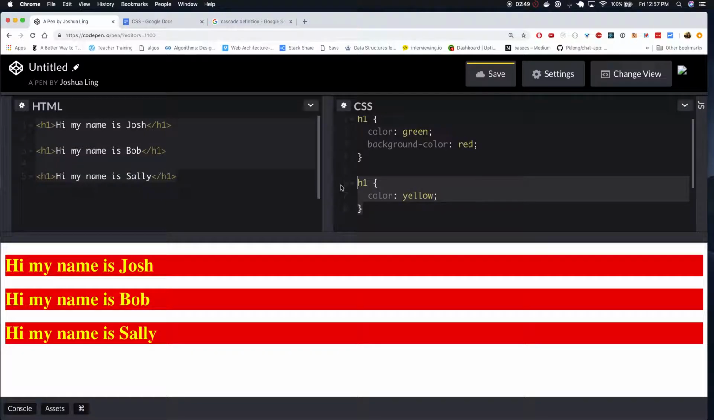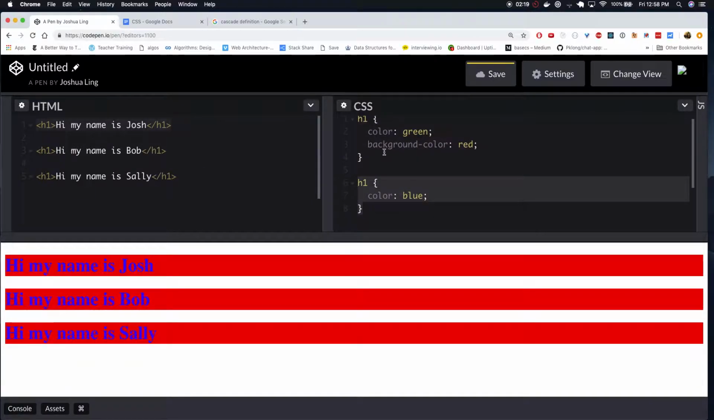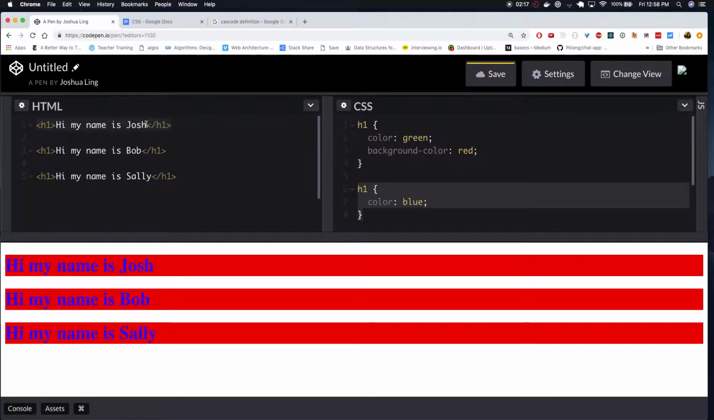What that essentially means is that when it comes to CSS and HTML, there can actually be multiple CSS rules that end up hitting, or you can imagine waterfalling down to these HTML elements. So for example, I could actually have another H1 rule written out here and say that the color is actually going to be blue. So now I have this H1 rule and this H1 rule both cascading or hitting these